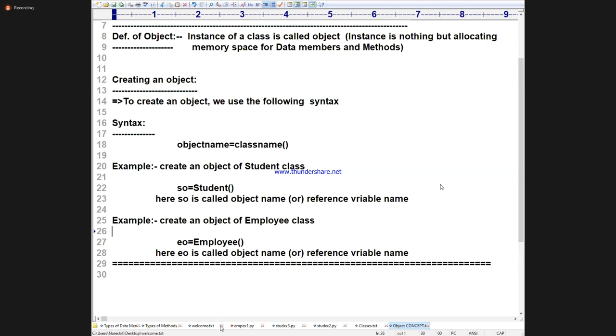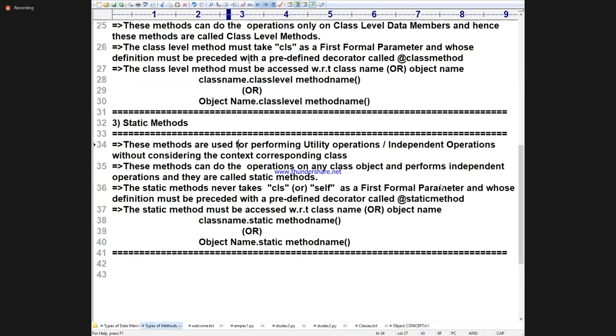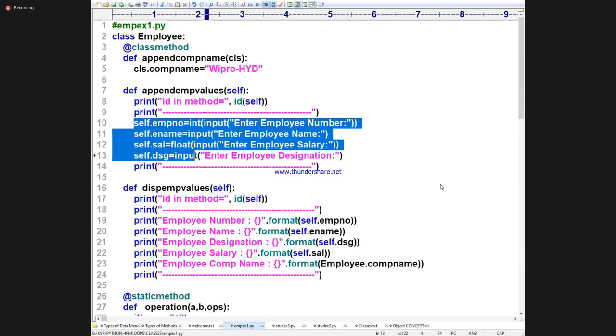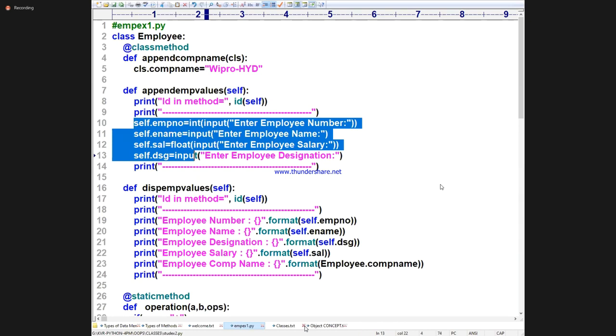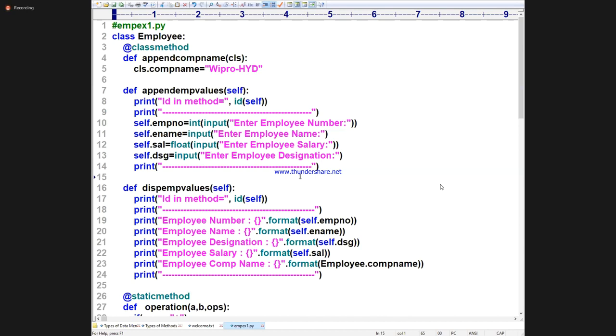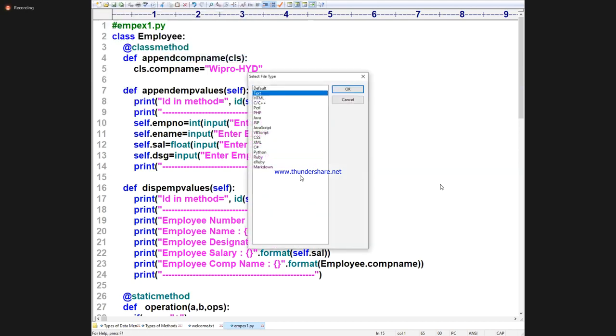Now I'm going for programs for all the types of data members and types of methods. We have seen how to write static methods, instance methods, everything. Now I'm going for complete programming. Write down, open your notes. I'm dictating just a question; anyway, I will write the question. At least provide some exercise to your hands.